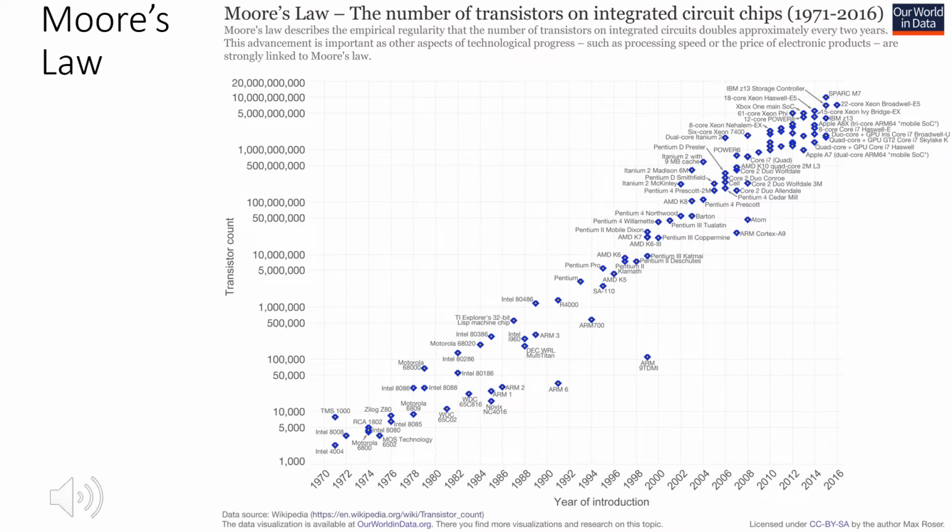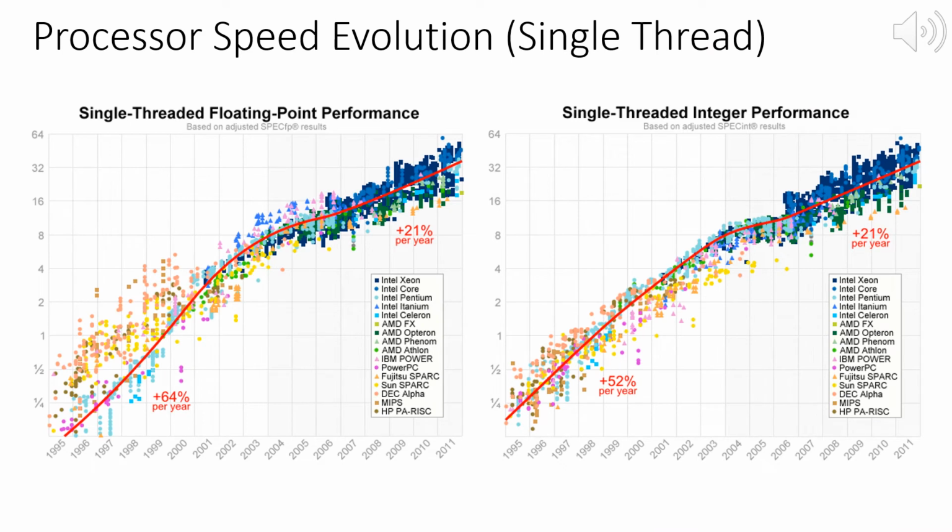So let's take a little bit more precise look at what this actually means for our performance, which is certainly important for cloud computing. Let us look at the impact Moore's law has on performance. We distinguish floating point performance and integer performance. If we look at the early years before 2004, we find that the floating point performance increased by 64% a year. That is just a wonderful number. We could be